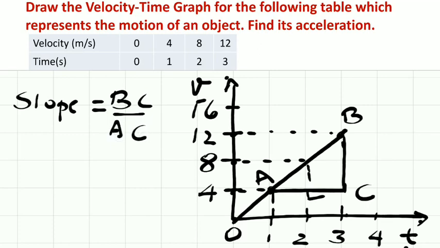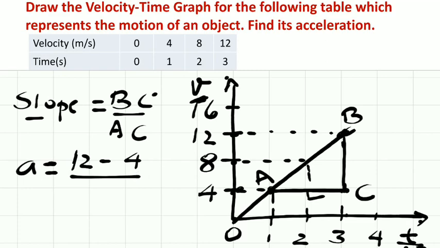Okay, I have told you the slope of velocity time graph. The slope of velocity time graph is acceleration. So we can take this slope as A, that is acceleration, is equal to, now watch, we need to put the value of BC. Watch here. At the point B, the velocity is 12. At the point C, the velocity is 4. So this will be 12 minus 4